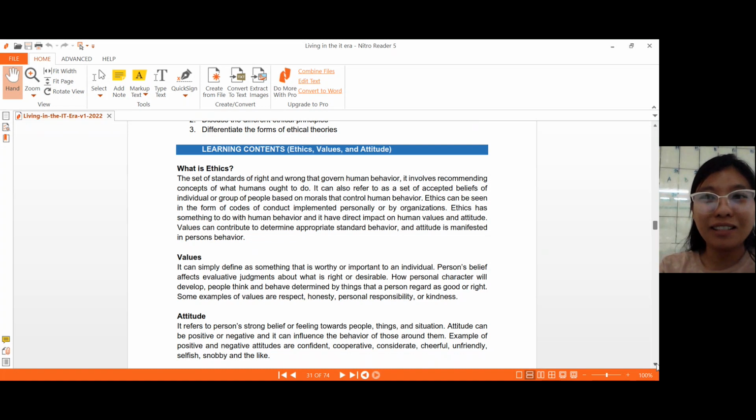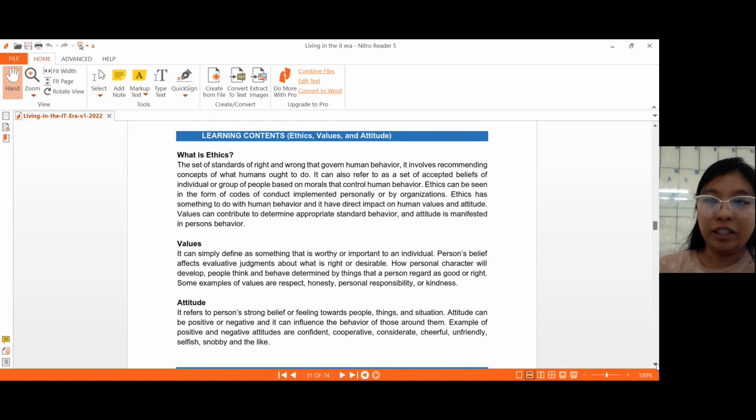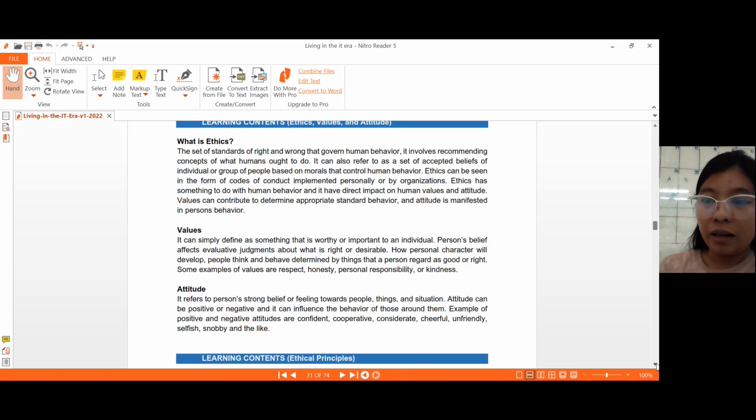'Pag nakapulot ka ng wallet sabihin mo, thank you Lord, blessing from above, eh, nakita mo na nga sa harap mo kung sino yung nagkahulog. All you have to do is to pick it up and inform the person in front of you that he fell his wallet, 'di ba? Or his wallet fell. Okay, so I'm sure na you already have an idea about what ethics is kasi na-discuss naman natin yan sa mga previous discussions natin,